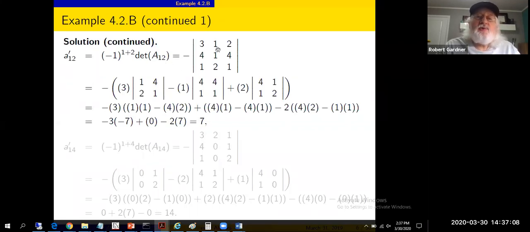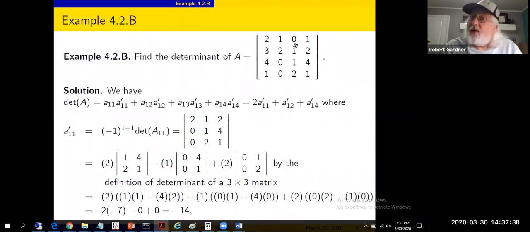Determinant of the minor matrix. It's a 3 by 3 matrix. I'll follow my definition. Not any zeros at all involved in these computations. Anyhow, the determinant of that 3 by 3 matrix is, I think, -7. We had a negative out front. That'll create a +7 ultimately. Keeping eyes on negative signs and all that stuff. So we get the second cofactor, A12 prime, is 7. Third cofactor,